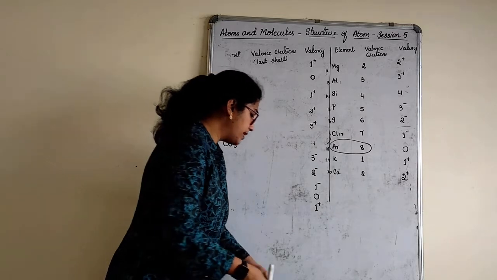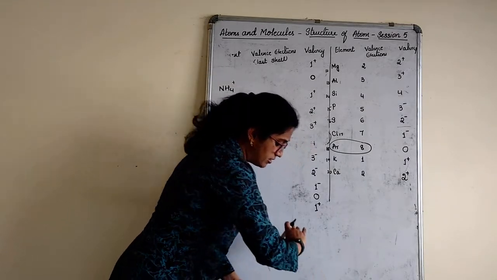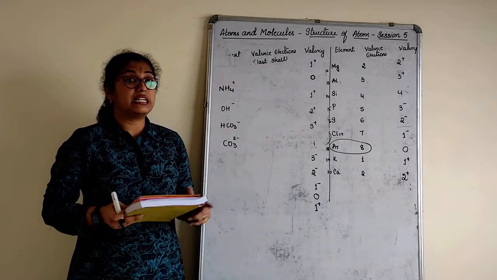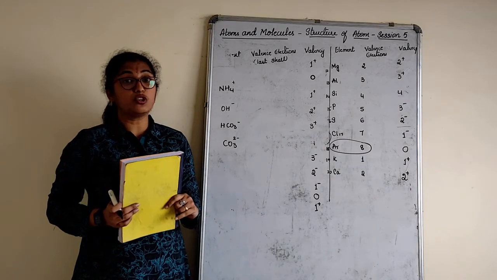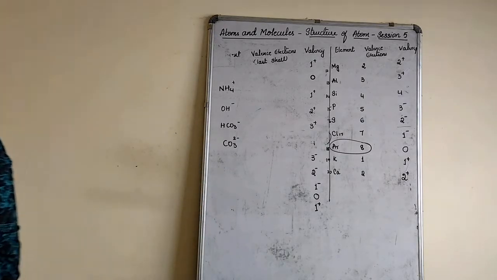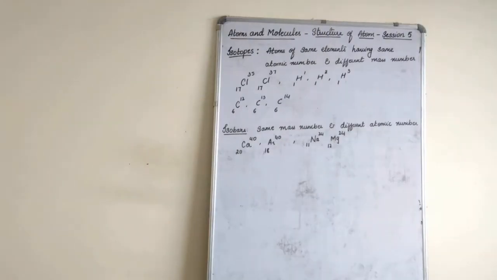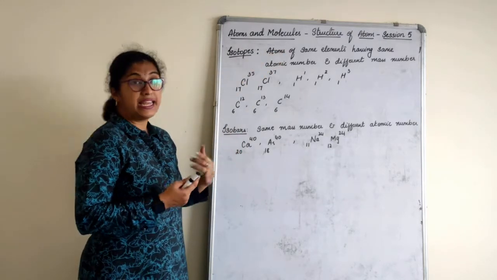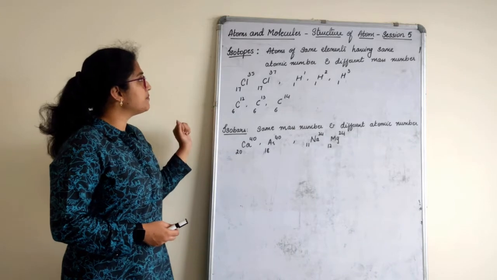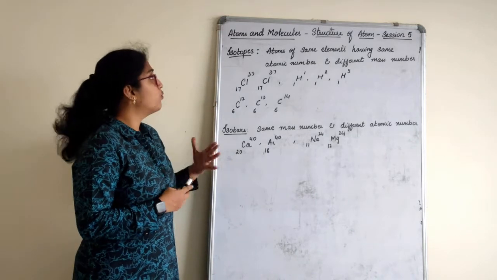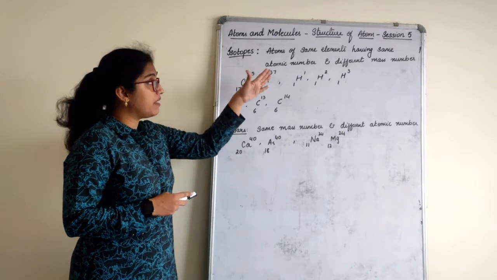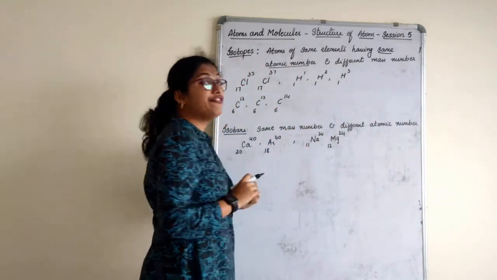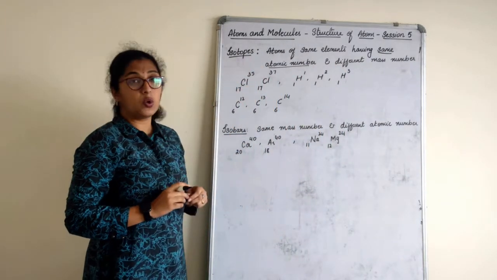So the last part here, what we have to see is valencies, which we understood. Let us now understand the next part, which is about isotopes and isobars. This is the last concept of the chapter Structure of Atom. So valencies we anyhow understood. The remaining two concepts here are isotopes and isobars. What are isotopes? Atoms of the same element having the same atomic number but different mass number.